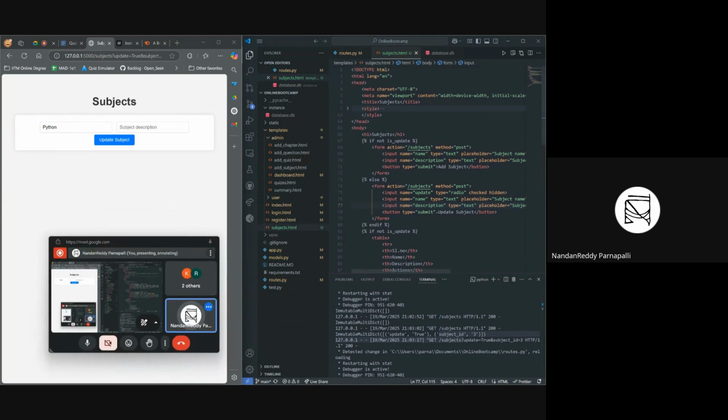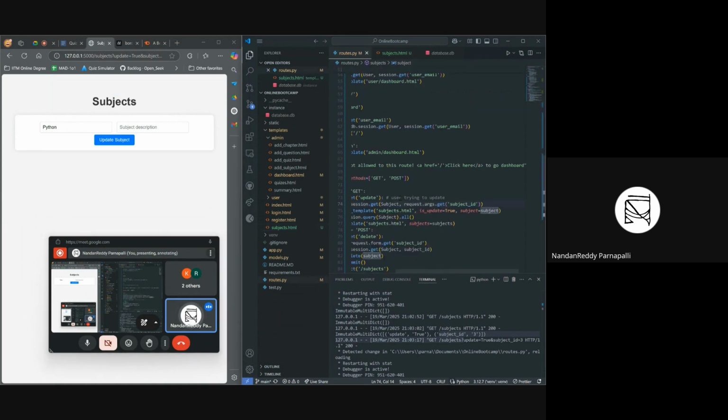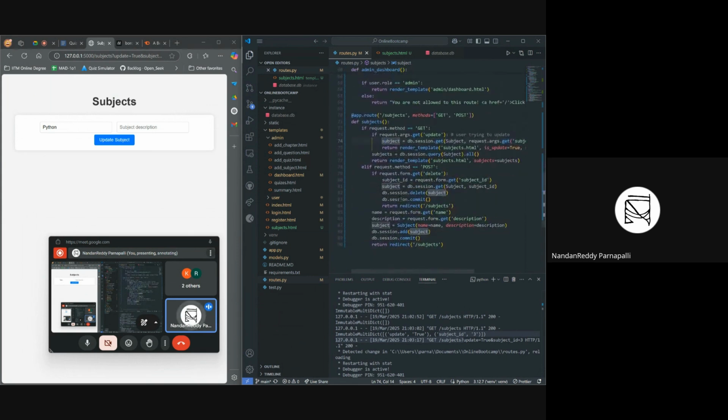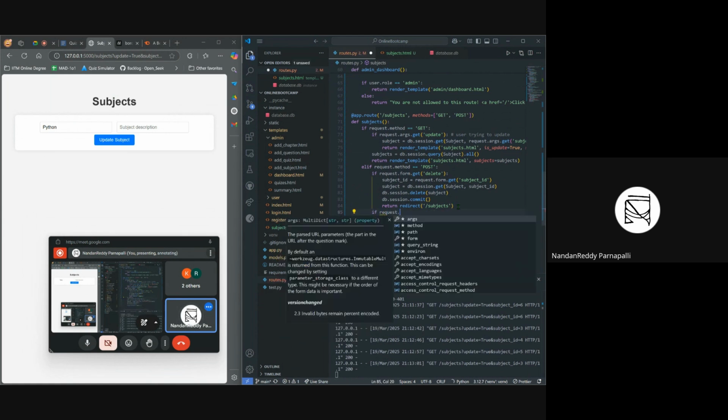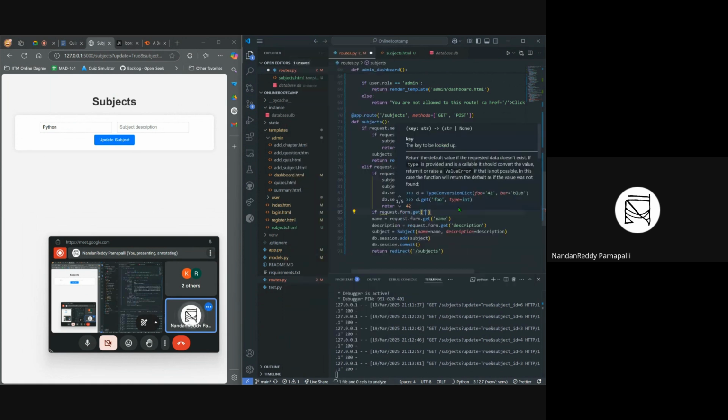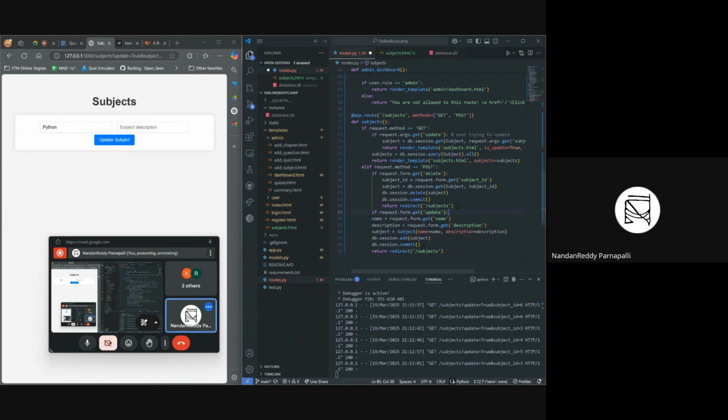So that's it. Now, whenever the user clicks on this update subject, it will send a post request, and it will also send update information. So I go to the routes, and now that we are sending, whenever the user clicks on this update subject, it will send a post request to this URL, right? And we will check here if request.form.get update, then we will return